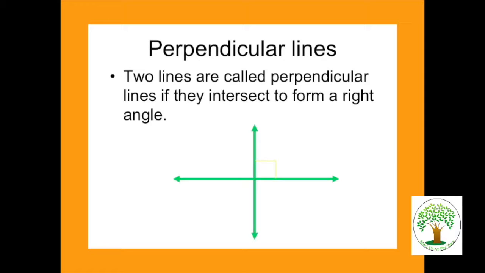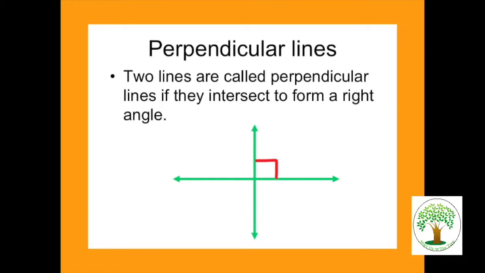Two lines are called perpendicular lines if they intersect to form right angles. The way you know it's going to be a right angle is because the mark on yours is very light right there. I'm going to make it darker, and I might even make it red. Many times when you see it in a textbook, it'll be red. It'll have a part of it, a second half, to make it look like a square or a little box on